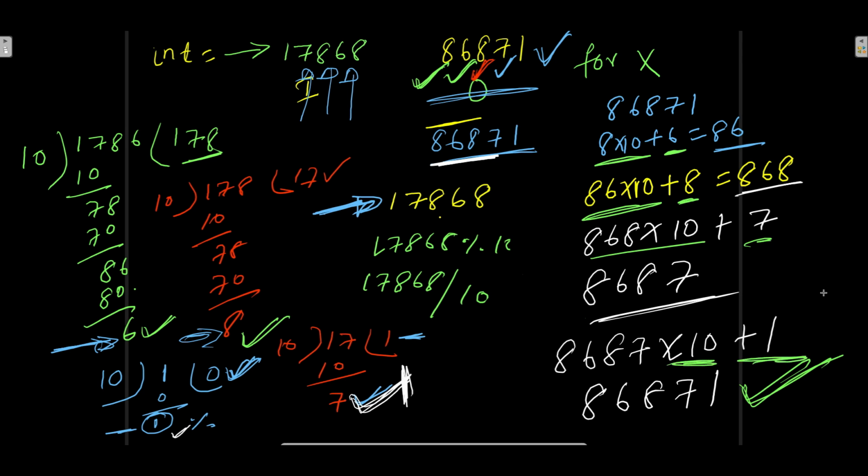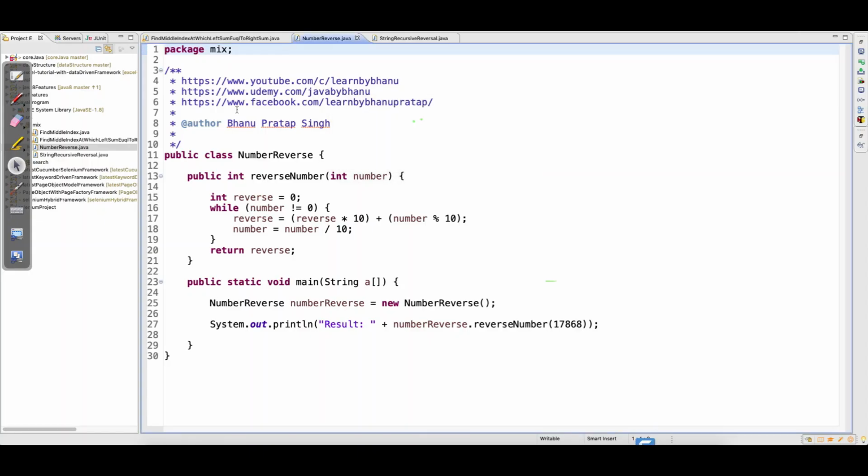But usually people will try to remember this. You should not remember that, guys. Okay, let's focus now. Same logic: reverse will take one number, and it will check whether the number is not equal to 0. If the number is not 0, then you multiply reverse by 10 and add the number's modulus. That's what I have explained. And then every time you do the division.